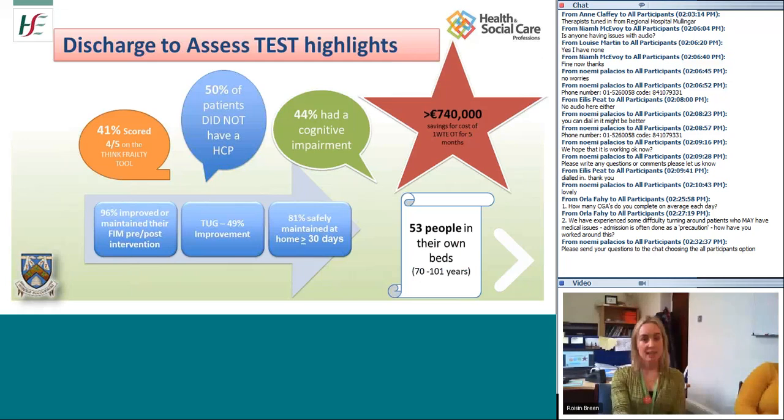So some of the highlights that I'm going to share with you from that model is, I want to just pause and tell you it was 5 months, that's what we did it for. So it was 53 patients that we successfully got home, facilitated to go back to and stay in their own bed. We were in a state of testing, so we were constantly analysing our data and tracking